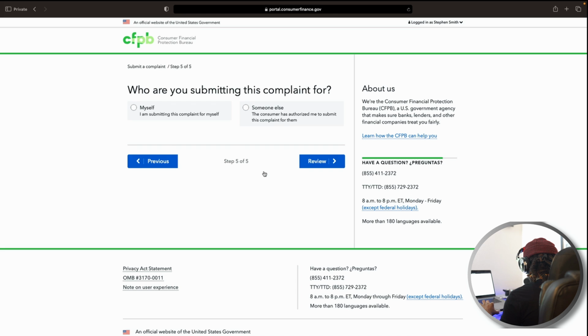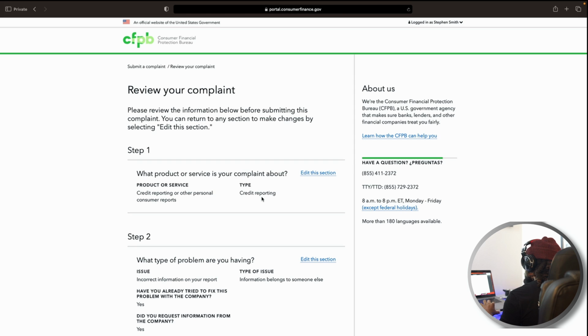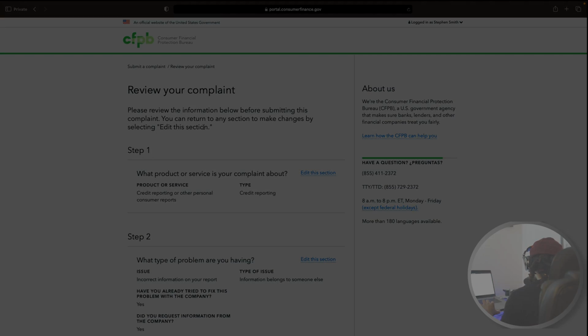At the very bottom, it's going to ask you to review. Since I'm actually signing into my account, I had to cut off some of the information there. But after you review the complaint, you're just going to scroll down to the very bottom. You're going to submit the complaint. You should get an email with the complaint details. And that is it. You'll want to repeat this process for TransUnion, repeat the process for Equifax,